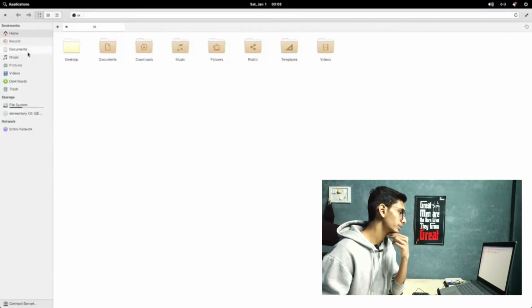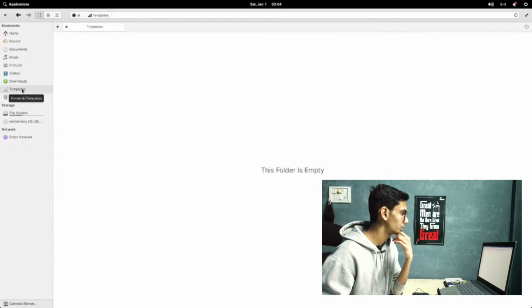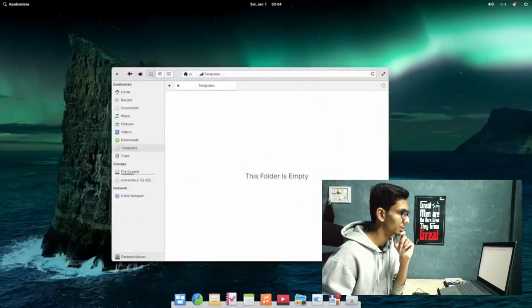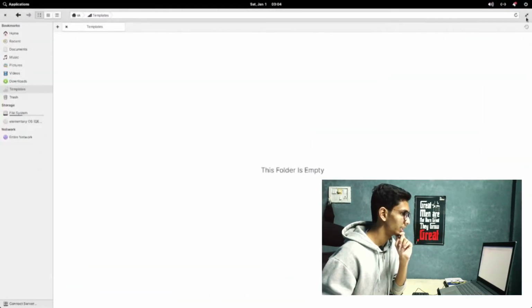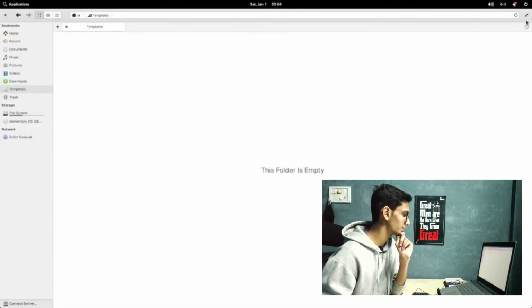there is one new addition in Elementary OS 6.1, that is bookmarks. So basically we can take the folder and bookmark it here, and just like any other bookmark, it will open the address it's pointing to. The file manager also follows the clean and minimalist look, though the animations are a little slow since I'm using a virtual machine, and as you can see, that is a little glitchy. But if you are using hardware, it will be a lot smoother.